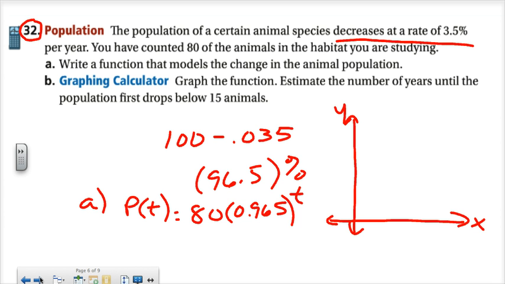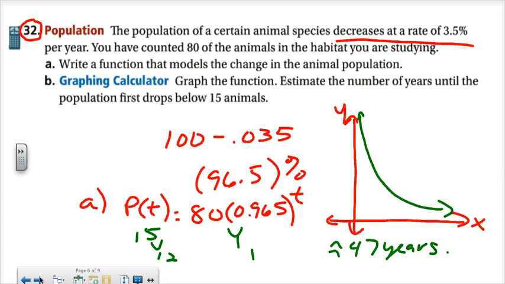The rest of these we were doing were exponential growth. And if it's in the graphing calculator, then we absolutely could find the spot where it's going to drop below 15 animals. So we go ahead and get our exponential decay on the graph, and then we would want to know when it's going to drop below 15 animals. So we could make 15 y sub 2 and make 80 times 0.965 our y sub 1 equation, and then actually calculate the intersection with second trace. And that comes out to be about 47 years